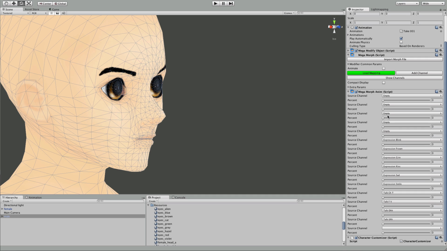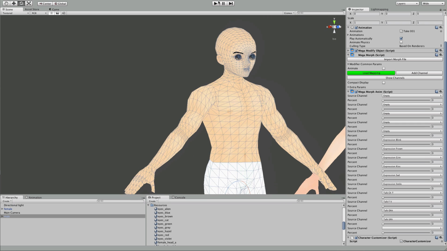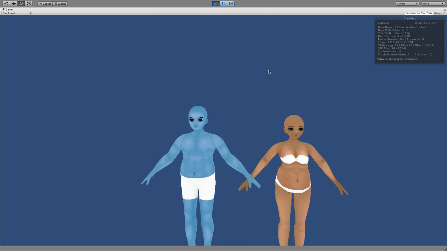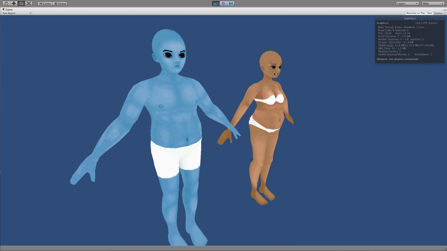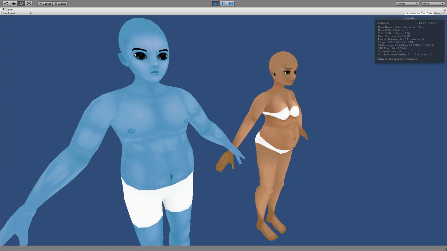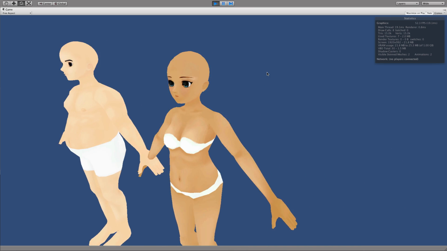But for other things like body type, let's say I want to add a skinny jean to this guy, I'm not going to animate that. I'm actually going to change it by code to make it always on, in other words. So I already added my own character customizer script here, and right now what it does is it randomizes the morph targets. So for example, if I hit play, right now it's already randomized the characters, and I've made it so that when I press spacebar, I can just randomize the skin, the eye colors, the shape of the body. So as you can see, I press spacebar and they change on the fly right now,